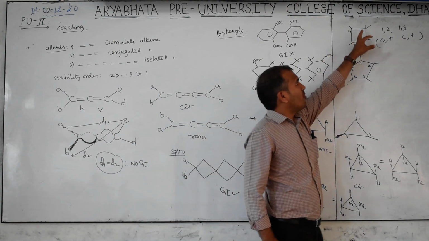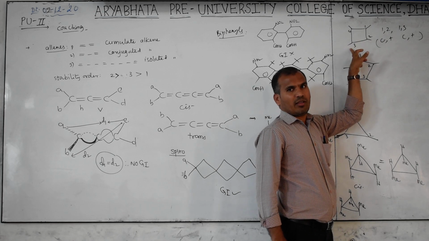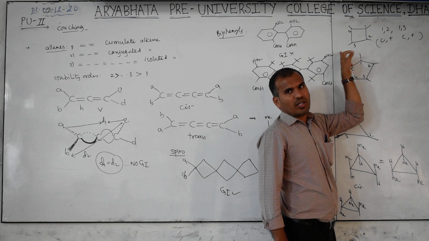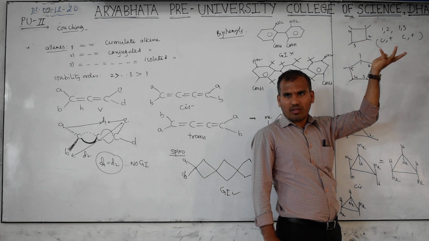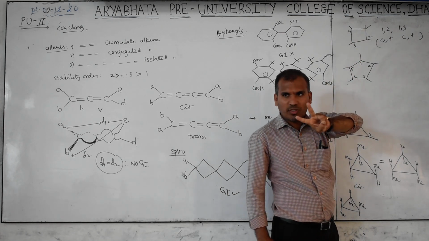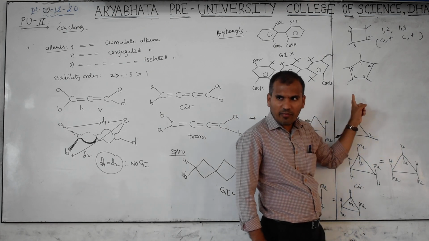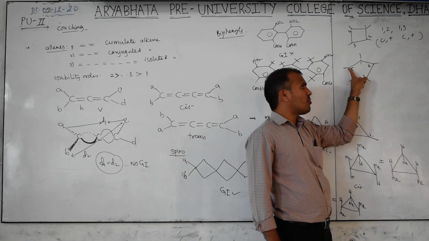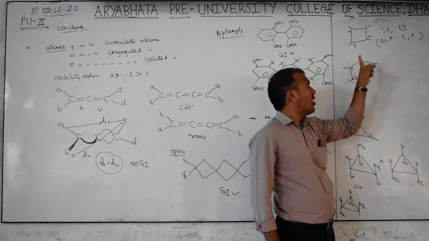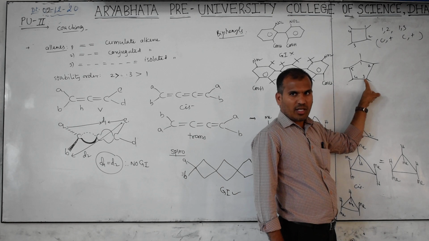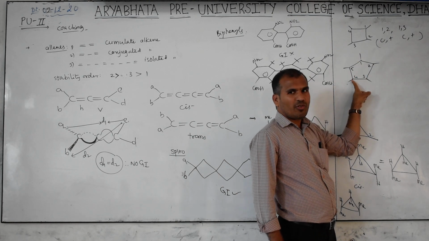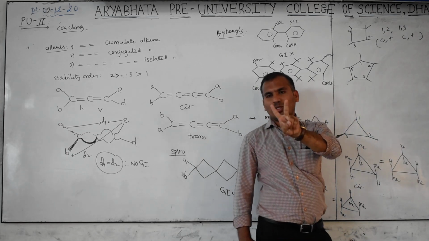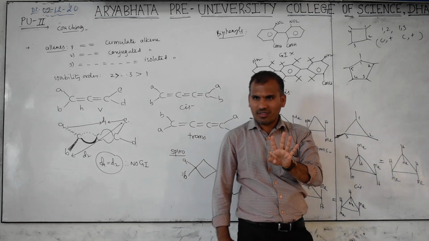Here how I don't tell 1,2, 1,3. Then it is 1,4, not 1,2, only this is 1,3. Clockwise or anti-clockwise is the same only. Then how many possibilities are there? Only 2 possibilities: 1,2 and 1,3 only. Here 1,2 is there. This is also 1,2. One time consider 1,3 is there. This is also 1,3, not 1,4. Clear? Then how many possibilities? 2. 2 means how many will we get? 4. Cis trans, cis trans.